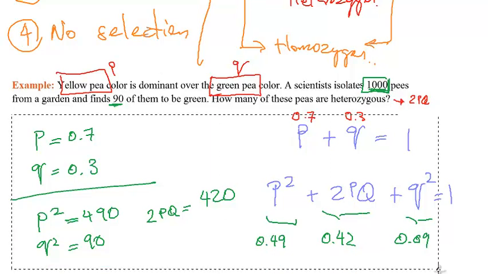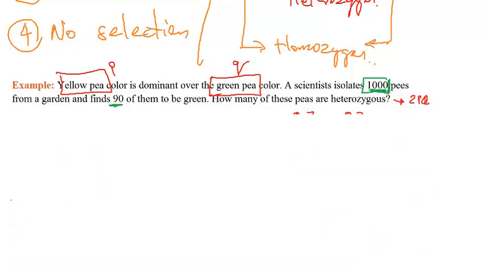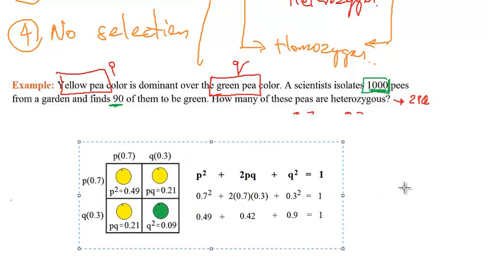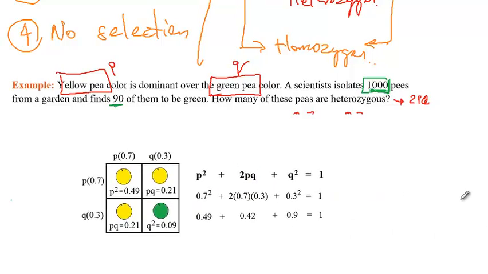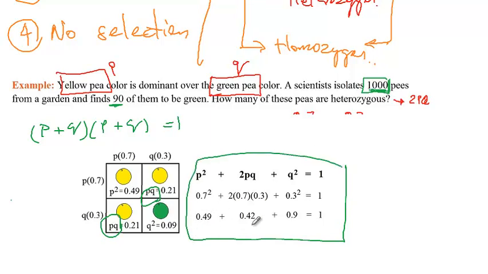And so here I'm providing you with a drawing that actually summarizes all the findings here. So we already discussed the alleles that (P + Q) times (P + Q) equals 1. So this is what is showing you here: P and Q on one side of the box times P and Q. And so we have P², Q², and then 2PQ. And once you solve for these values, you will find out that we have 0.49 for P², 0.42 for 2PQ,